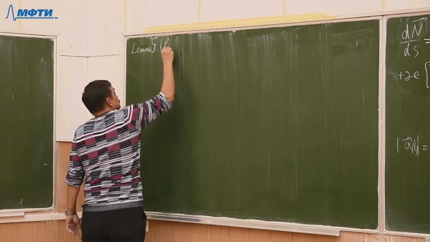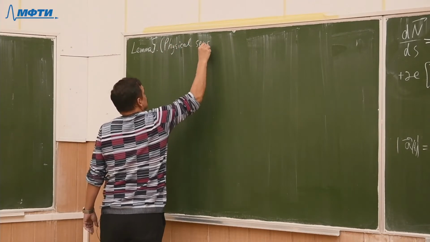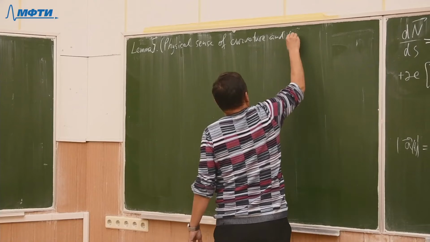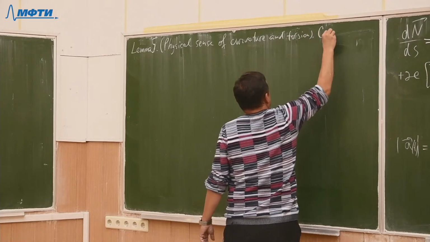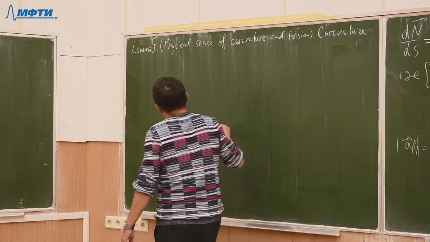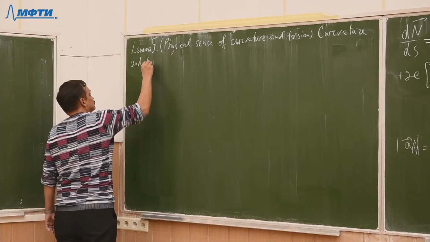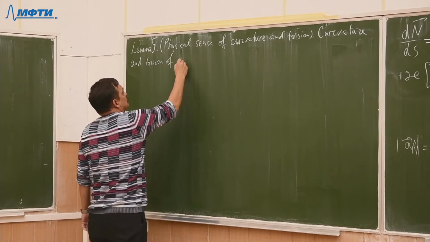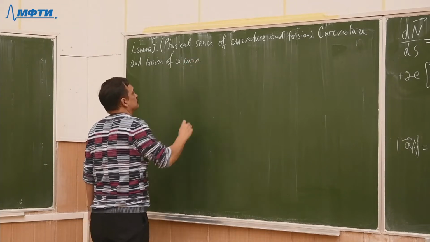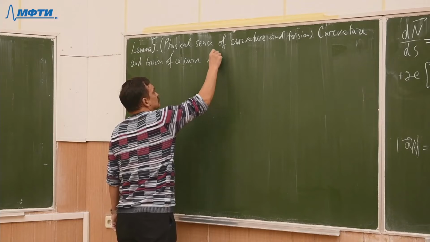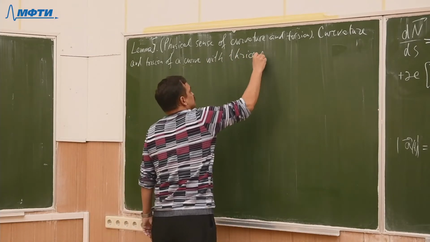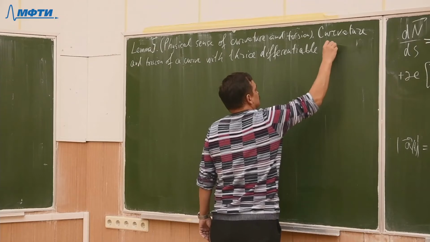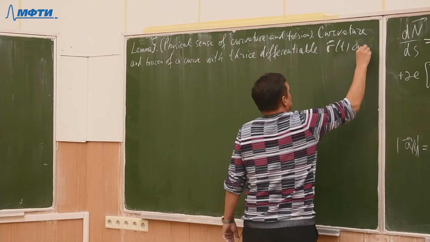Lemma 5. Physical meaning, physical sense of curvature and torsion. Curvature and torsion of a curve with thrice differentiable R of t and such that